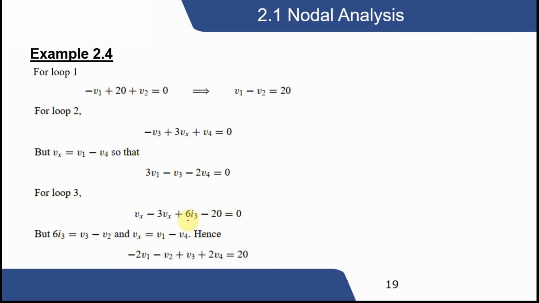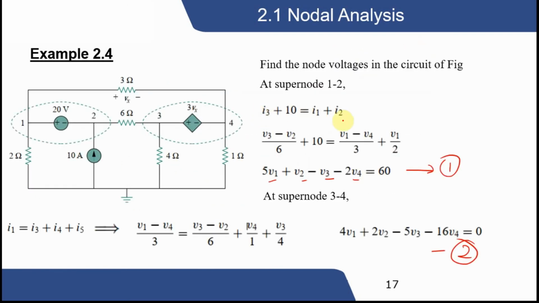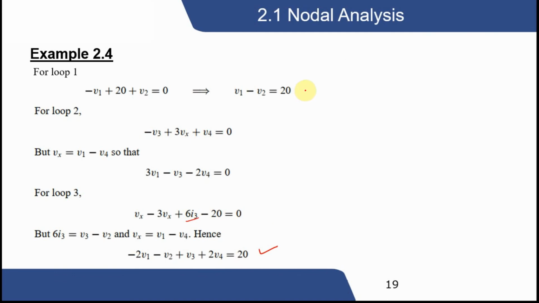So same is the 6 ohm. We already know the i3, and we already know the voltage across the 6 ohm resistor is equal to v2 minus v3, and vx is equal to v1 minus v4. So we have another equation of v1, v2, v3 and v4. Currently we have one equation, two equations, this is the third equation, this is the fourth equation, and this is the fifth equation, because we just put a vx value here and we know that vx is equal to v1 minus v4.